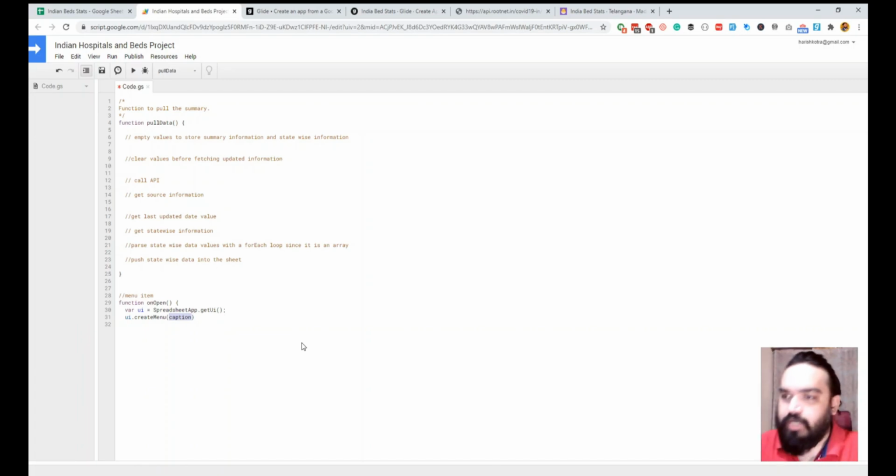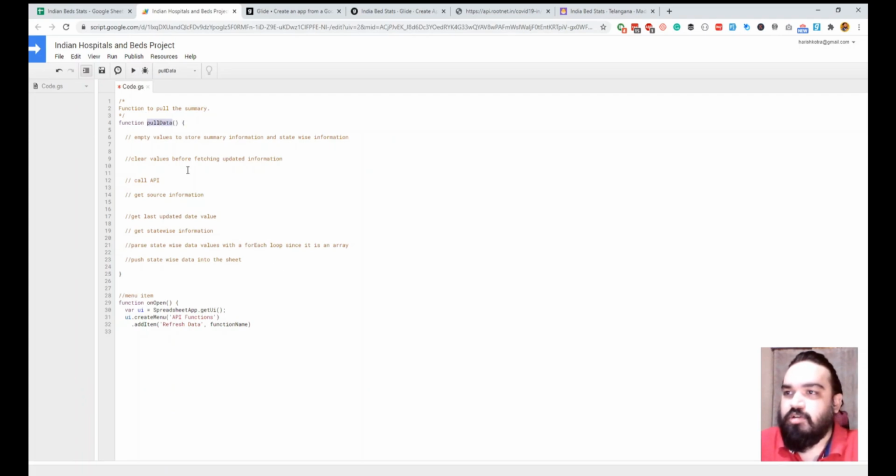In the menu we need a caption for this. So let me name it API Functions, and inside this we need to add the item which will call the pullData function. So for that, just say enter and .addItem, and what is the caption for this? Let's simply call it Refresh Data, and then the function name is pullData.